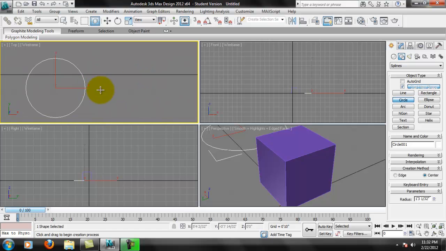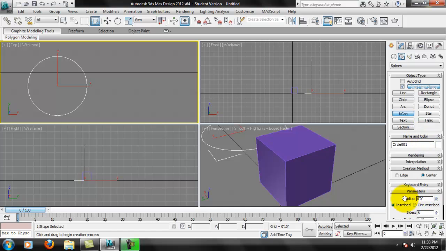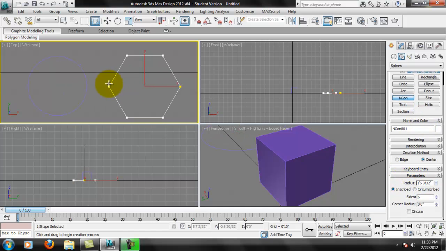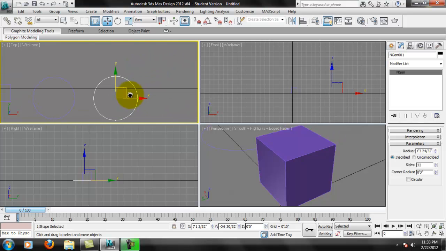So technically, you can actually use an n-gon or a polygon, and I can achieve the same effect. So it might look rough there, but if I jump over to Modify and notice I can change the size of this polygon, I can boost this up to about 32 usually. So that looks just like the circle, right? So technically you can create circles with a lot of sides on a polygon. That's the same idea. So the smoother that you want this object to be, I'm going to go ahead and